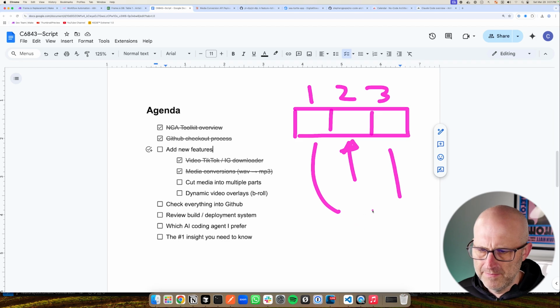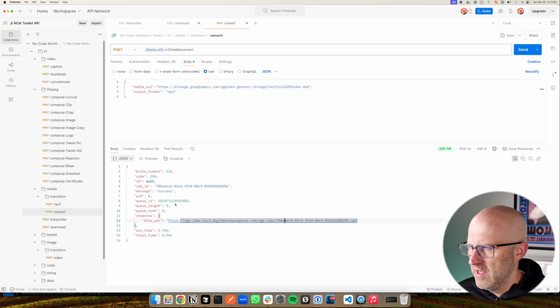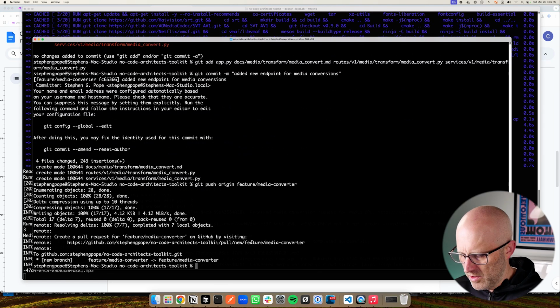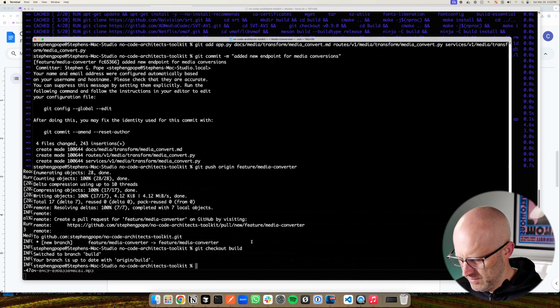You could pull these out and then maybe you could concatenate these back together. In fact, there is already a feature here for concatenating videos. So if we were missing the split feature in our endpoint, we could add that now. In fact, we are missing that. So let's come back to our command line and we'll go git checkout build, come back to the build branch,